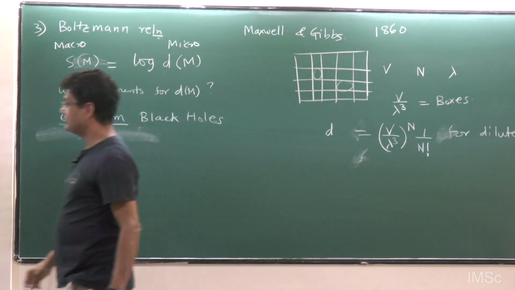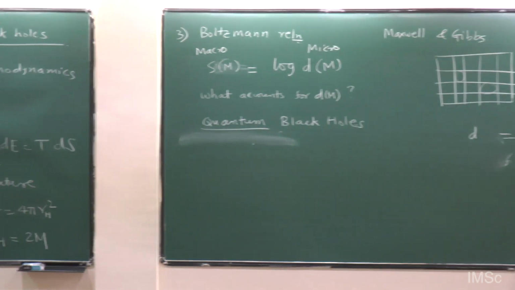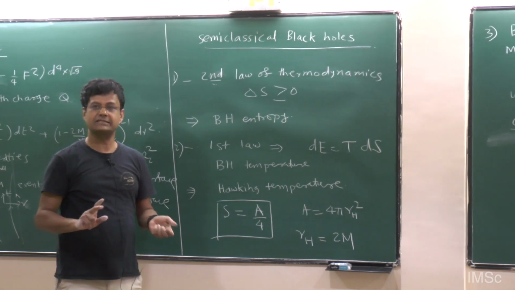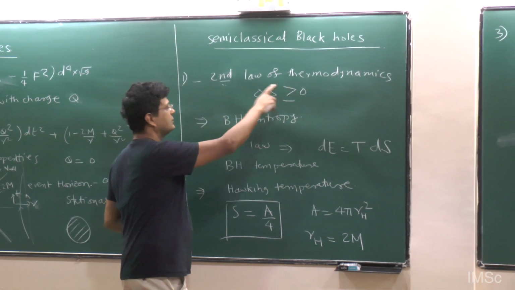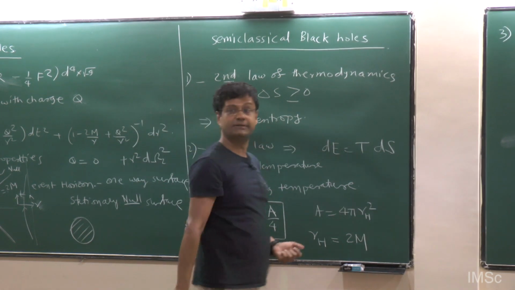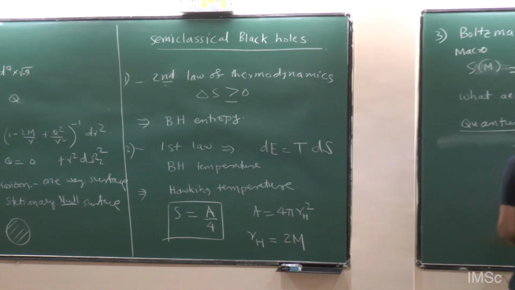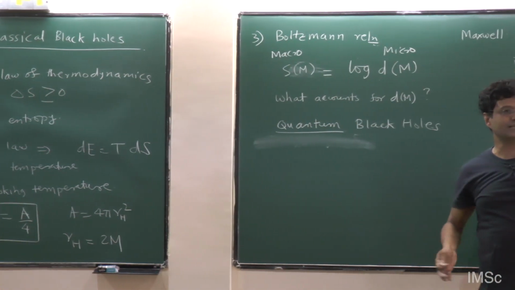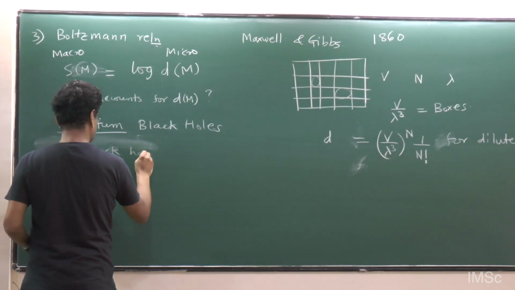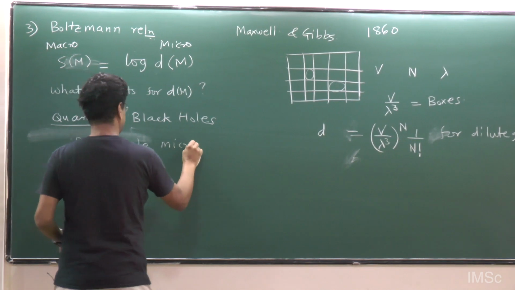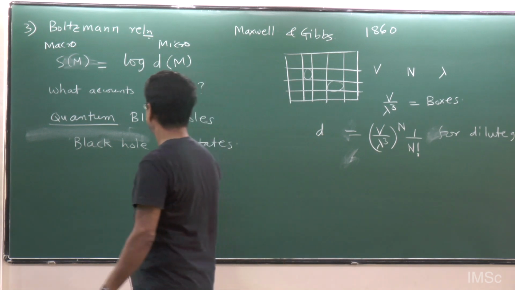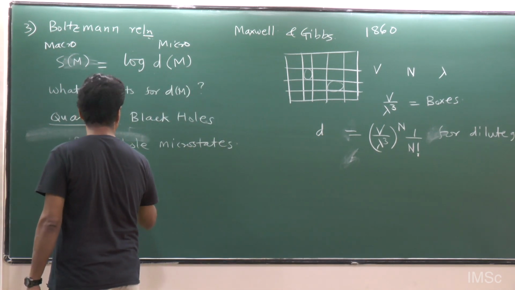So following these, let me just quickly review that we sort of just saw that just following basic contradictions with well-established principles of physics, namely second law of thermodynamics requires the black hole to have entropy, first law of thermodynamics requires the black hole to have temperature. Then Boltzmann relation requires the black hole to have some kind of a counting explanation in terms of microstates. So D of the microstates of the black hole.